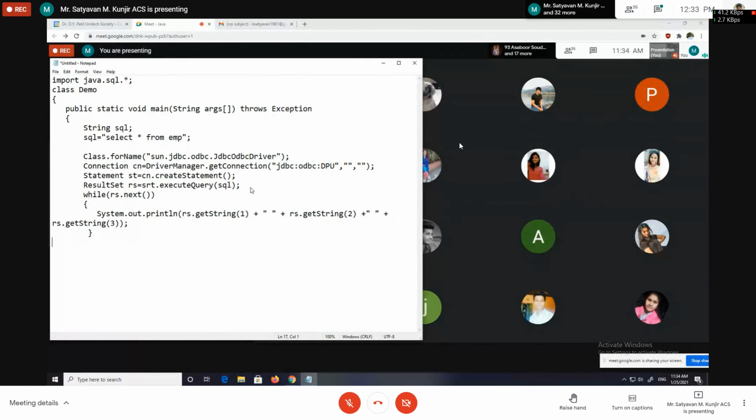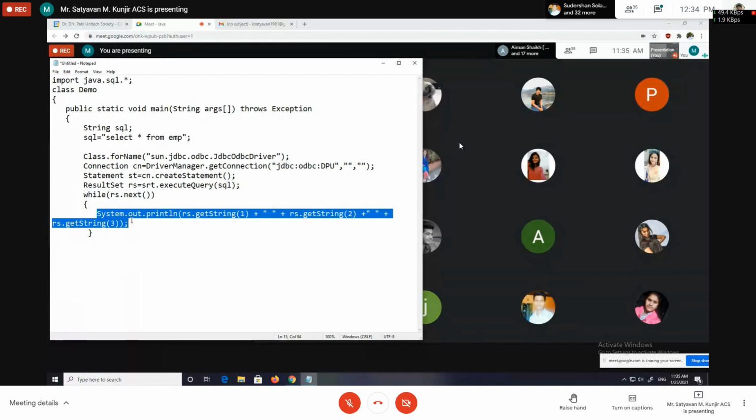See how this while loop will work. The next method returns true if there is data in the result set interface. After returning true, the condition becomes while true, so it will come inside. After returning true, it returns the current record from the result set interface. Then from that record, we have to display the data column wise, so I have used the getString method for reading the data column wise. If you pass 1 as an index to getString, it will return the value of the first column. getString(2) returns the value of the second column, getString(3) the value of the third column, like this.